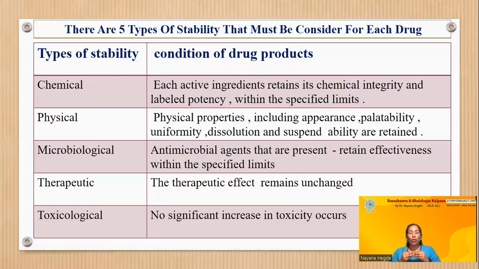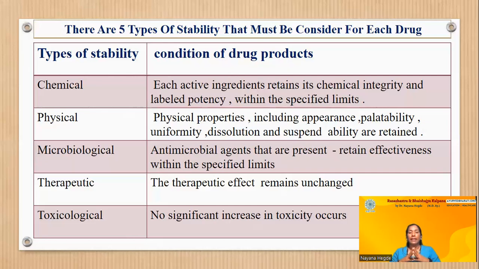The antimicrobial agents which are present in the formulation should retain their effectiveness within the specified limit. जो लिमिट होता है हर मेडिसिन के लिए, उतना लिमिट तक जो इफेक्टिवनेस होता है मेडिसिन का, और जो एंटीमाइक्रोबियल एजेंट्स को डाला है उसकी वजह से जो इफेक्टिवनेस होता है उसको रिटेन करना चाहिए।